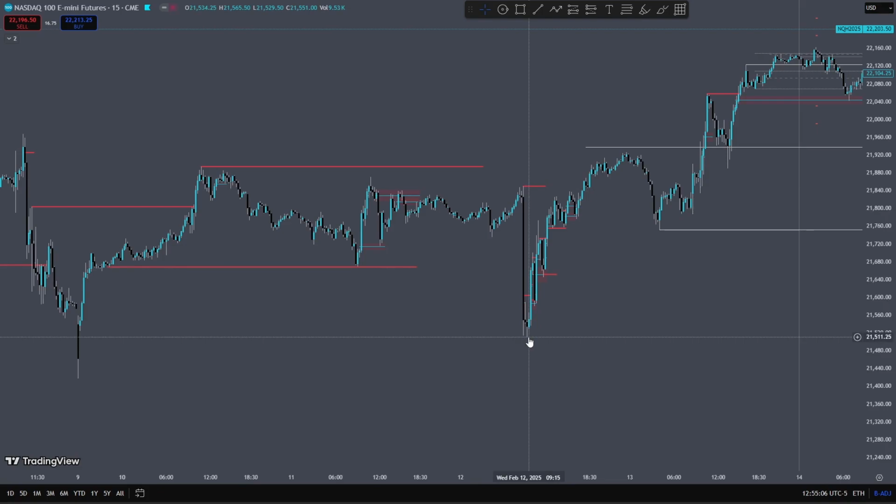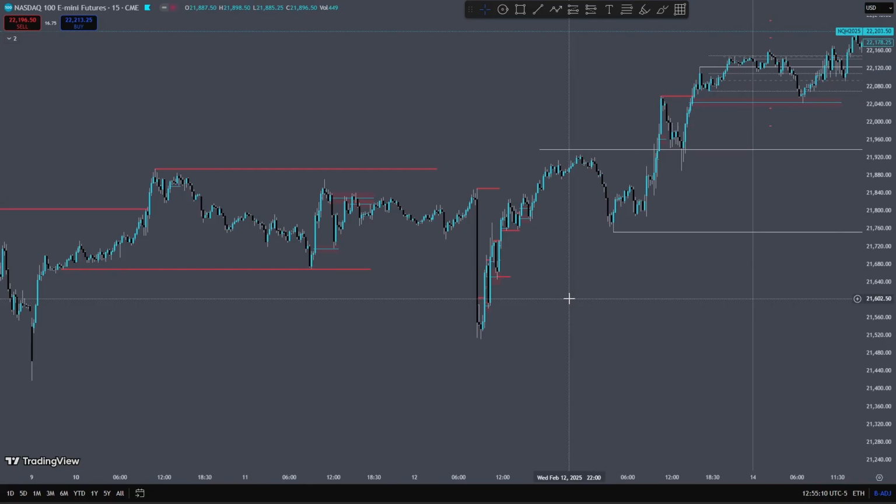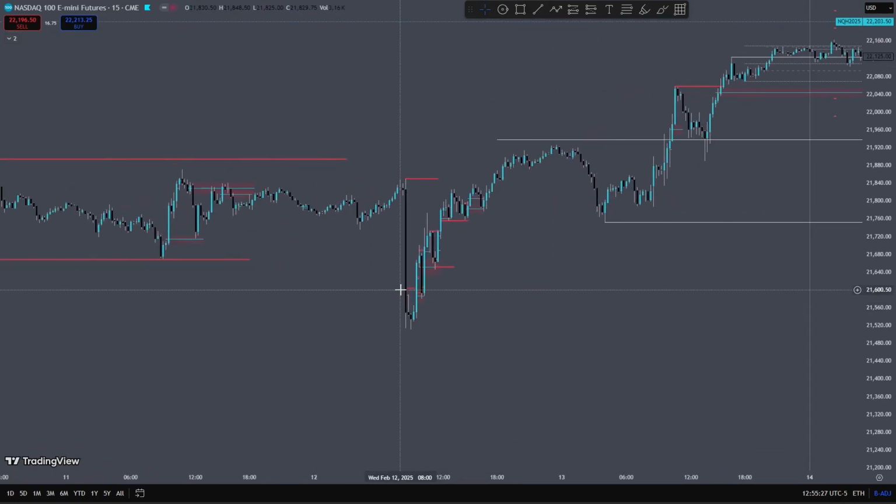Moreover, the report came out higher than expected, igniting various market responses. Consequently, the market experienced a downturn at a point down here. As it reaches the key imbalance level, these fluctuations are crucial to monitor. It tried to go lower. It couldn't. It went up more. It tried to go lower. It couldn't. We were getting an internal bullish structure, and the imbalance was denying us the possibility of going